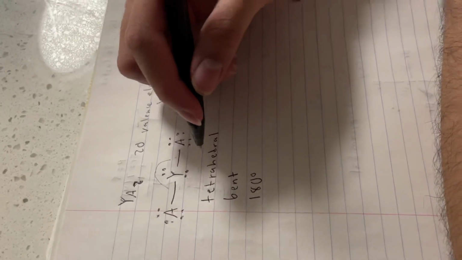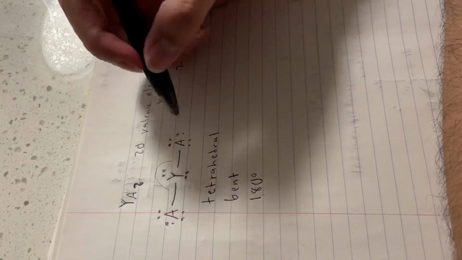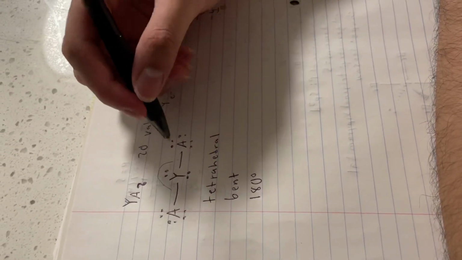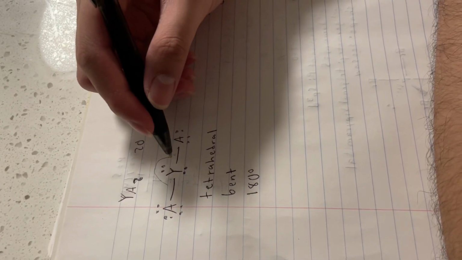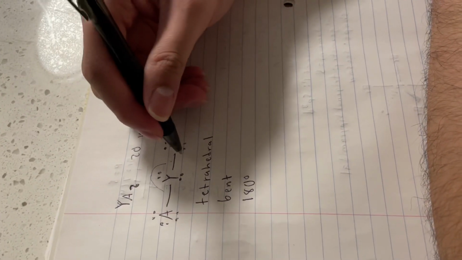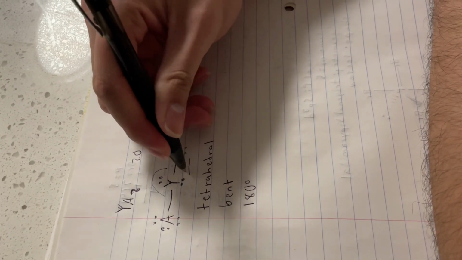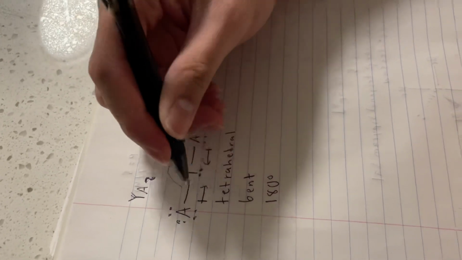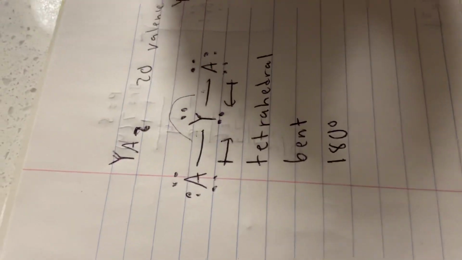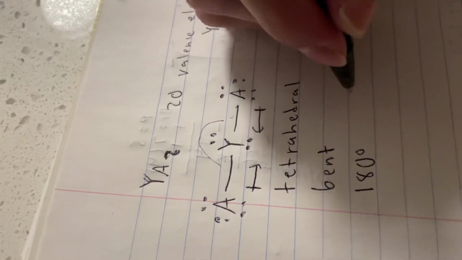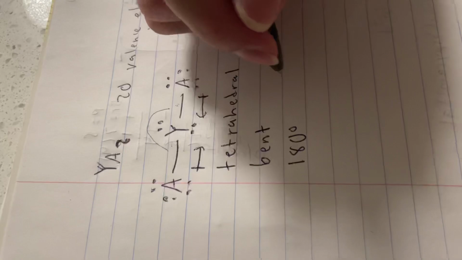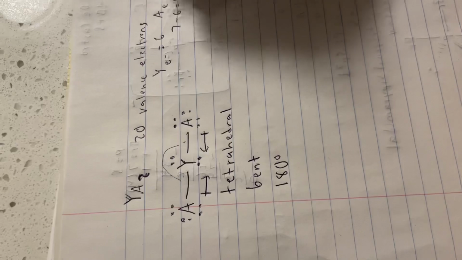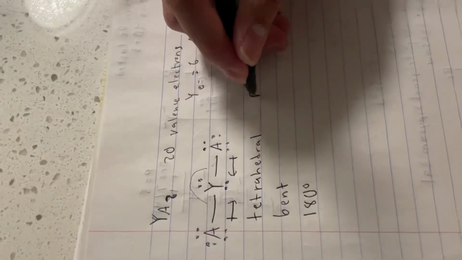The polarity arrows are drawn towards the Y because it's the least electronegative atom. We just do it like this, towards Y, and it is a polar molecule. We know that this is a polar molecule